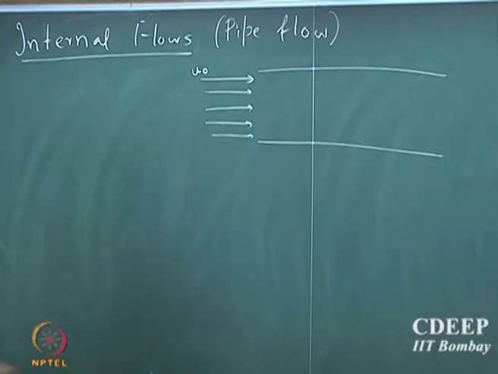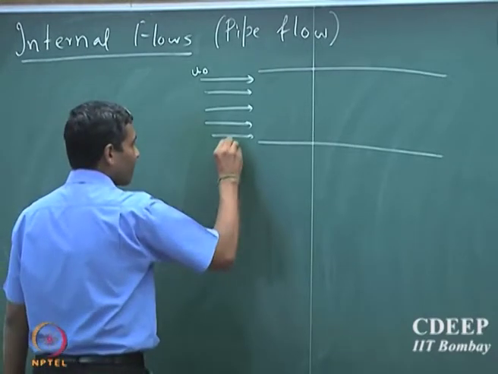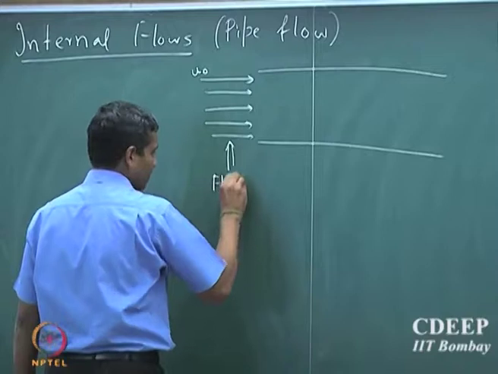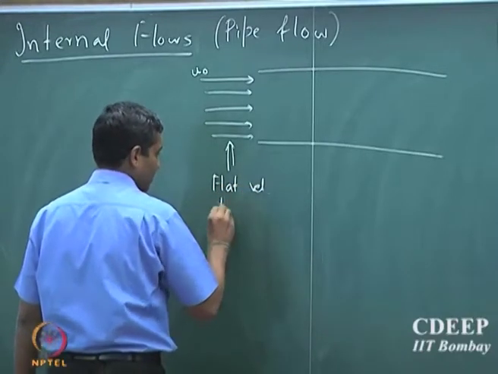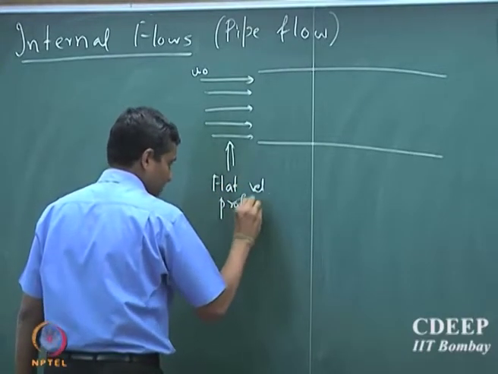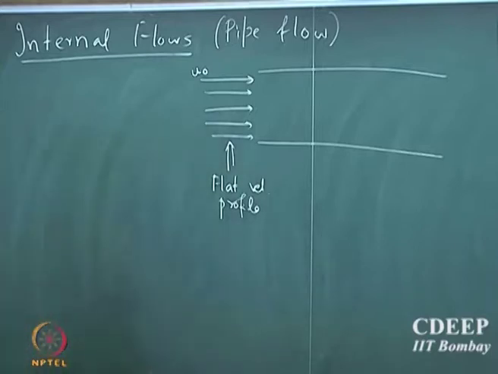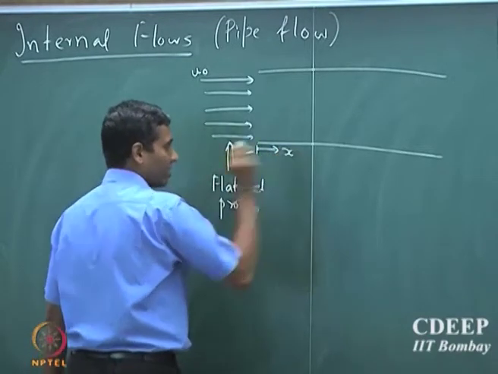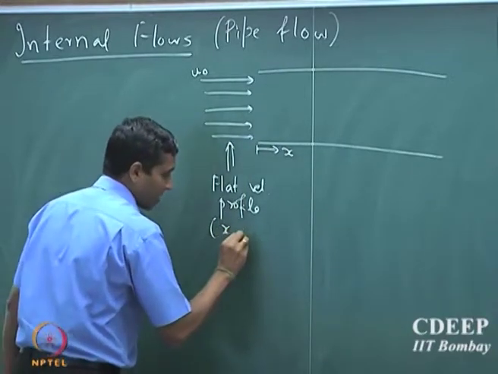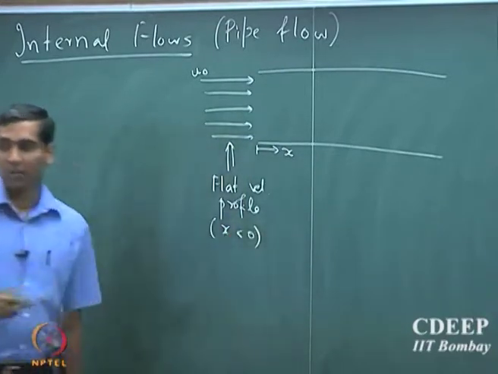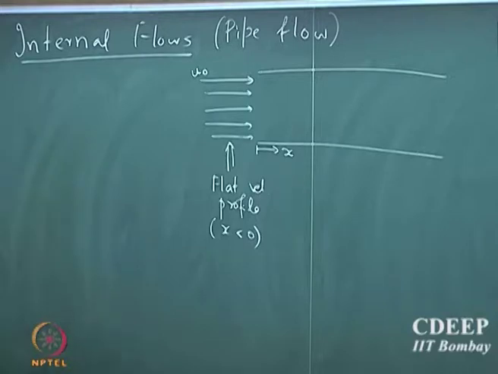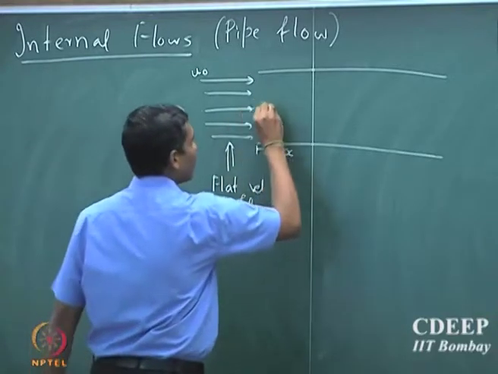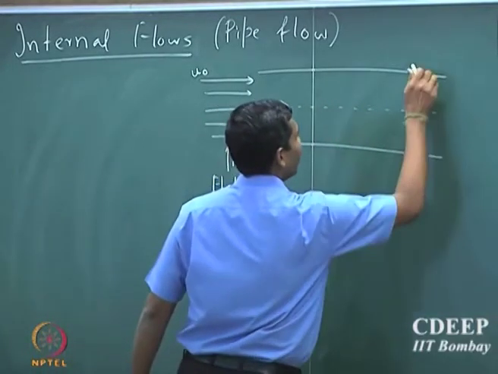Let us assume that it is a flat velocity profile before it enters the tube, and if I put coordinates, if I call this the x direction, so this is x less than 0, so it is a flat velocity profile, and if I mark the midpoint,